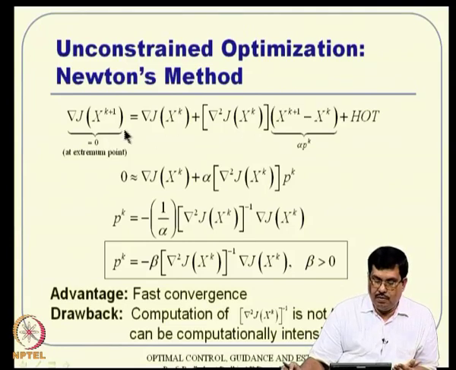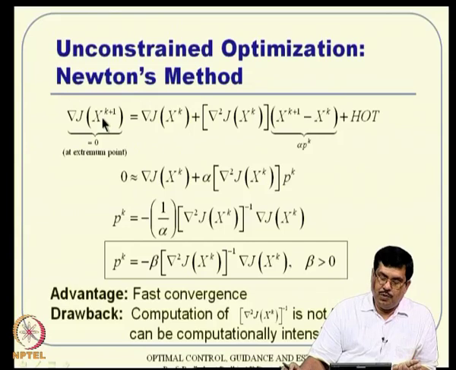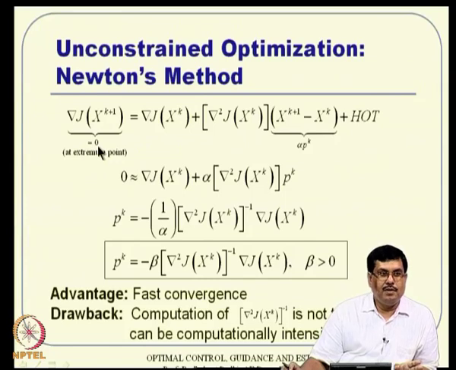So, again we will go back to the function expansion, but we will not expand the function per se, we will expand the gradient of the function here. It is actually a little bit more intelligent way of looking at the problem, because we know that the gradient has to be ultimately equal to 0. So, we will analyze the gradient of the function and expand it using the Taylor series. Remember, it is a vector function now, but vector functions can still be expanded in terms of Taylor series. So, use this vector function and expand it using Taylor series around the point x k.